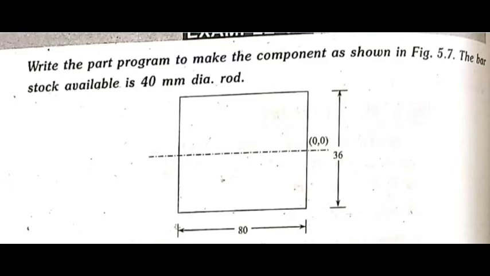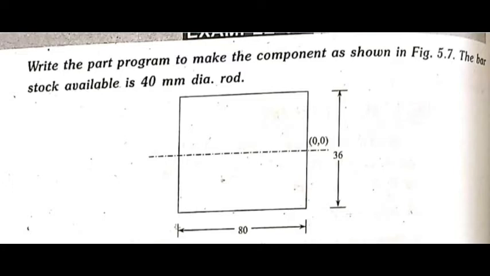The operations to be performed on the bar stock are, firstly, we have to observe the different kinds of operations. In this, the operations to be performed on the bar stock are: the first one is the facing operation, and next, to reduce the diameter of the bar from 40 mm diameter to 36 mm. See this figure, 40 mm to 36 mm diameter.